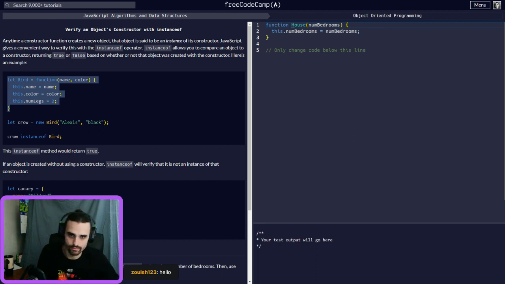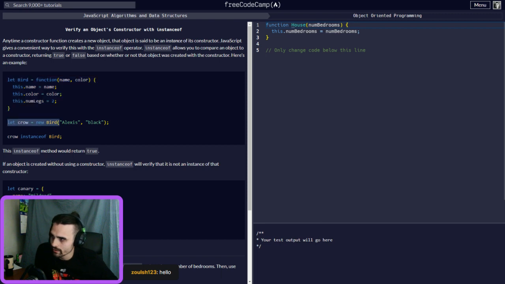Whenever we create our object, and it's a crow, making a new Bird, this is an instance of that constructor. So crow instanceof Bird is going to come back true, because you made that crow off that Bird constructor.